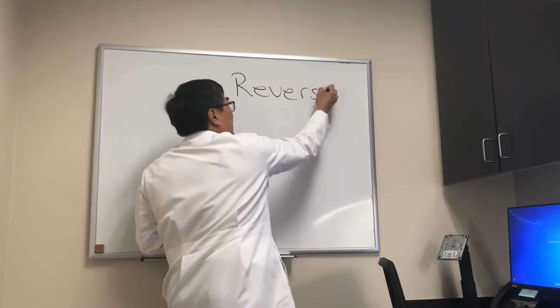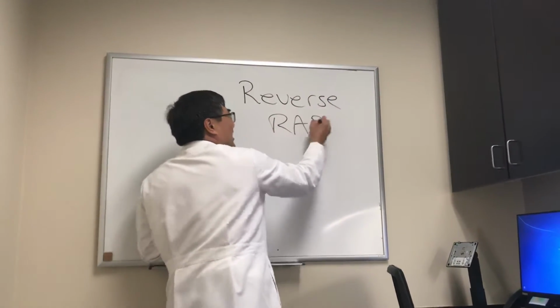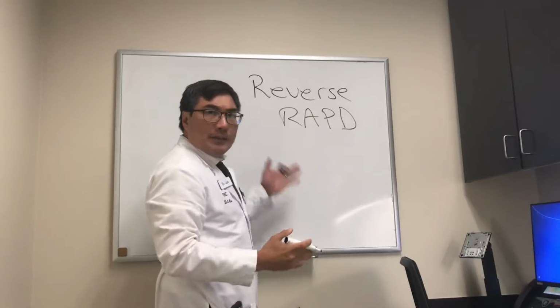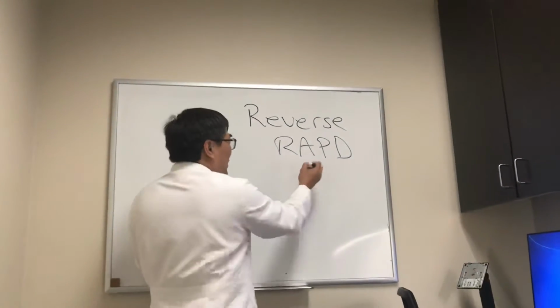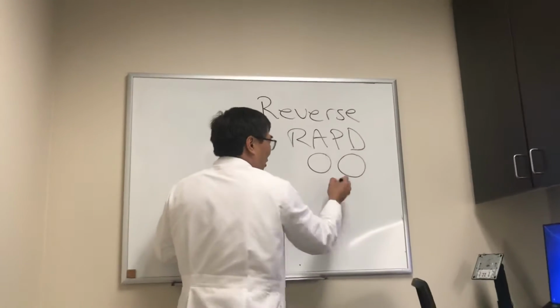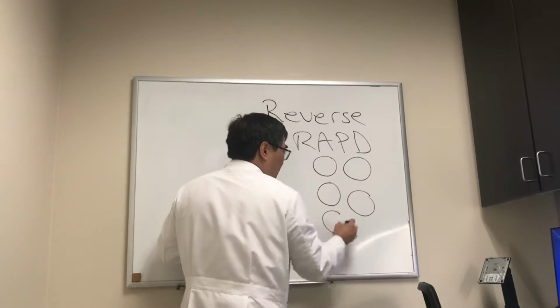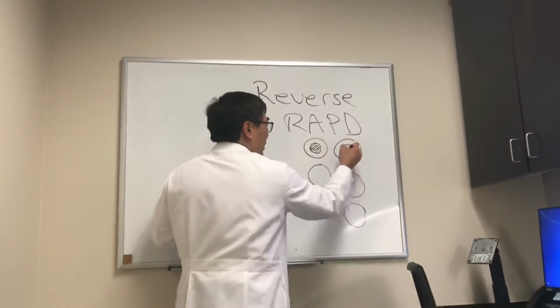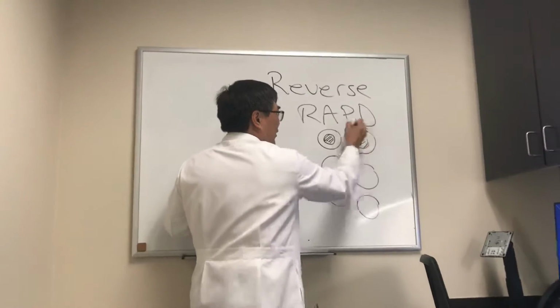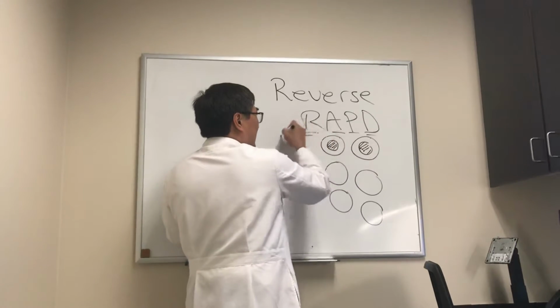A reverse RAPD. There's really nothing reverse about it. The reverse RAPD happens every single time, but you're really not looking at that eye. So let me just show you what the regular RAPD looks like so that you know that there's nothing unique about it. So in a normal person who has a defect in their pupil pathway on the afferent side relative